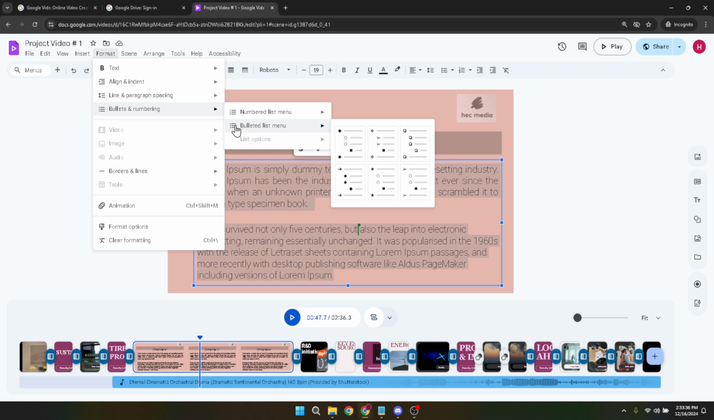Once you're in the bullets and numbering submenu, direct your attention to the bulleted list menu. This is where Google Vids offers you different styles for your bullet points. Whether you prefer the traditional round bullets, squares, arrows, or even playful emojis, this menu has you covered. Each option instantly applies a unique bullet style to your selected text, allowing you to personalize your document to your heart's content. Now take a moment to click on the bulleted list menu and explore the range of bulleting types